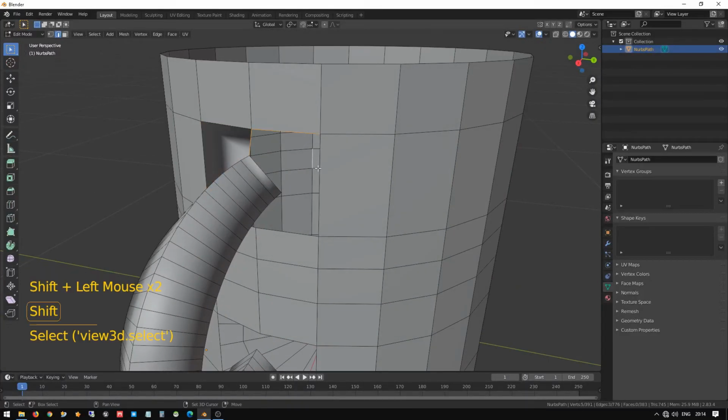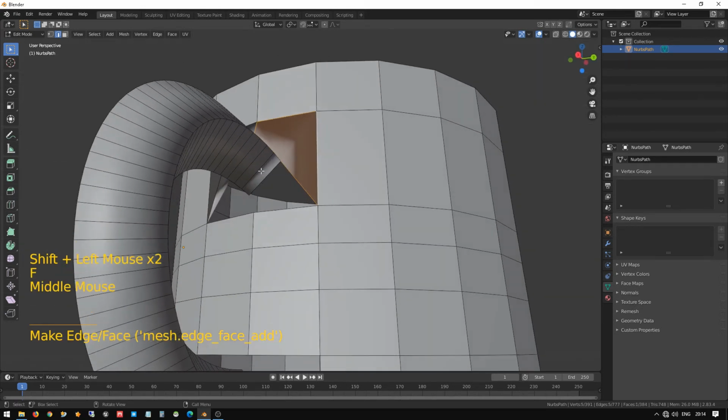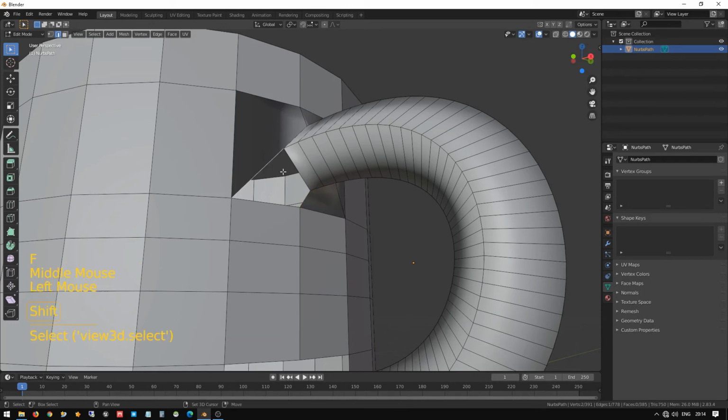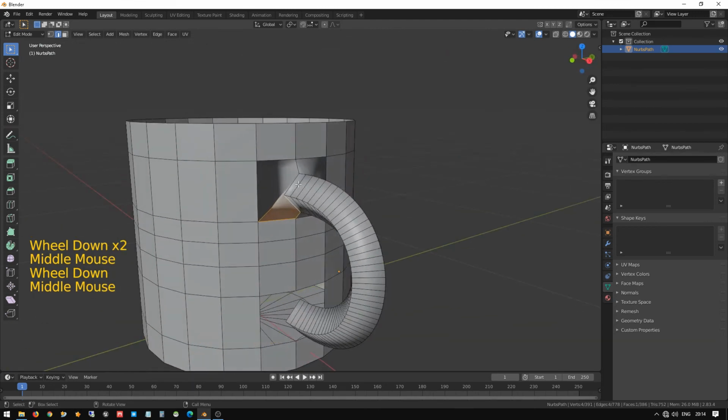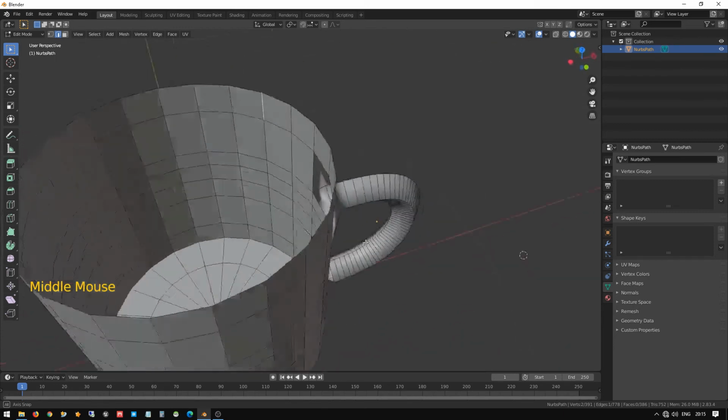So in the same way we are going to do, select this one, select this one, select this one, press F to fill that, and select this, press F to fill that area, and select this edge, fill. So now we have filled all the areas, and you can see some difference.